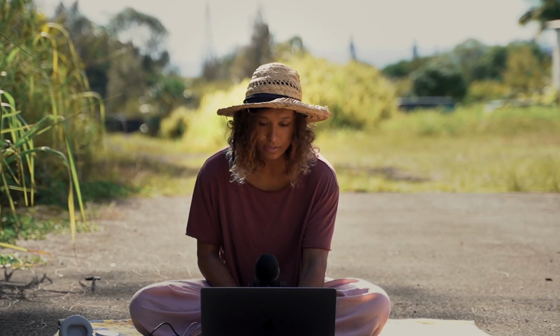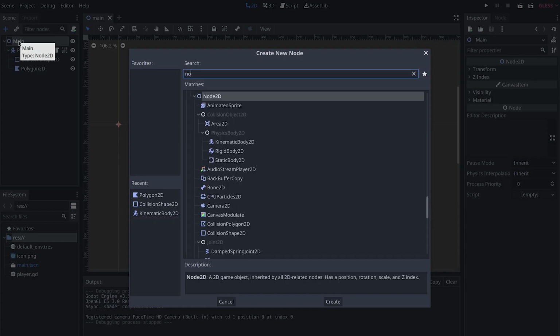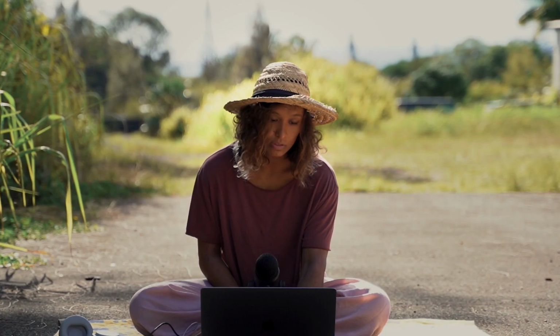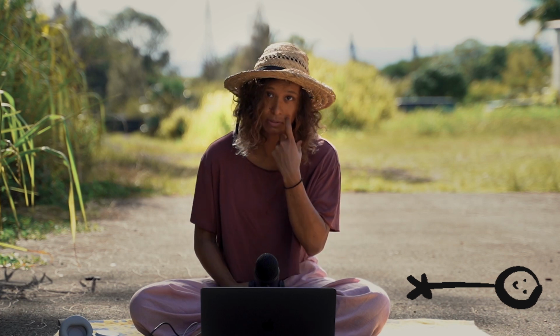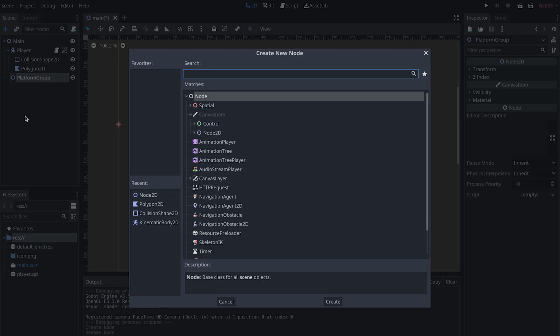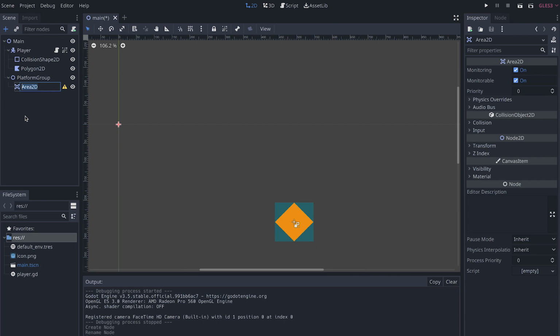So in order to do this, we're going to start by creating a new Node2D, and this is going to be a group for all of the platforms and collisions that are going to be static in our world that the player will interact with. It will also handle wrapping the player around the playable area. So let's name that Node2D PlatformGroup, and then we'll add an Area2D node,